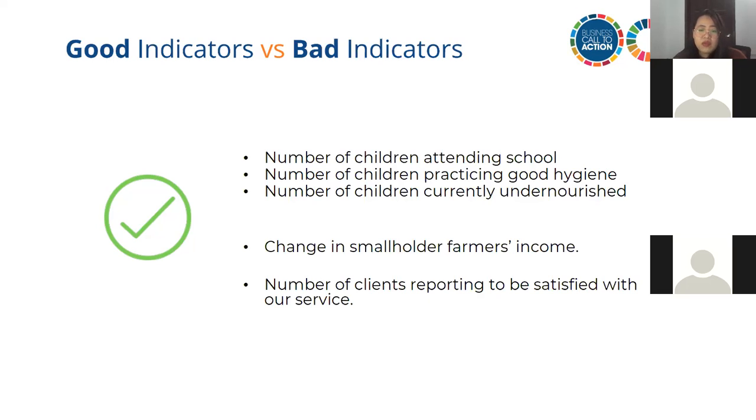Lastly, subjective and immeasurable indicators are bad indicators. So instead of saying satisfaction of your clients, okay, ganun lang. Pag tinanong, so what is your goal? One of our goals is the satisfaction of our clients. So that's a bad indicator, all right? It's very vague, okay? Instead of saying that, you say, as you can see on the screen, our goal is the number of clients reporting to be satisfied with our service.